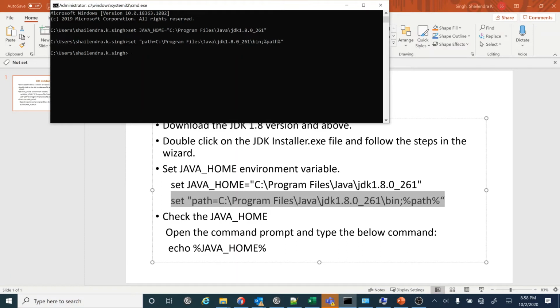Now you want to check whether the JDK Java home environment variable is set up correctly or not. So to do that, use echo command, echo this like this, click enter. Then here you see this is showing, it means I have set the Java home environment variable correctly. So if you are not getting the path, the one which you have set through this set Java home, then it means it's not set correctly. So this is how we set the Java home environment variable through the command prompt.